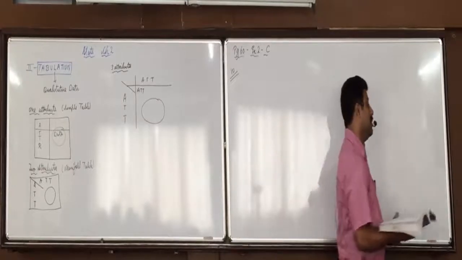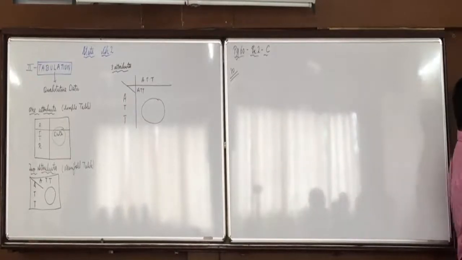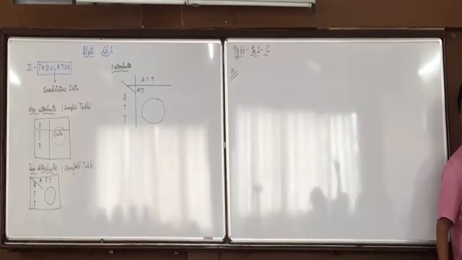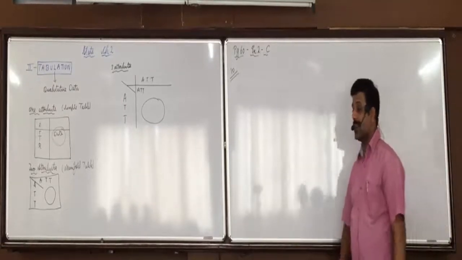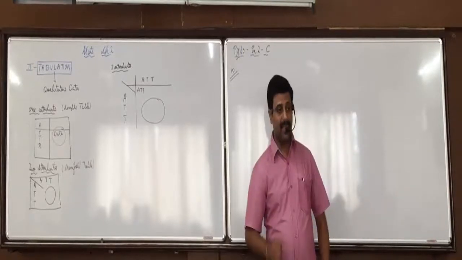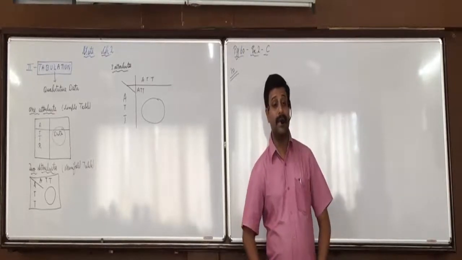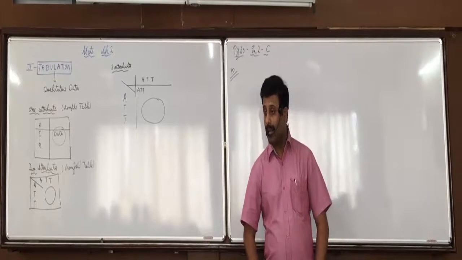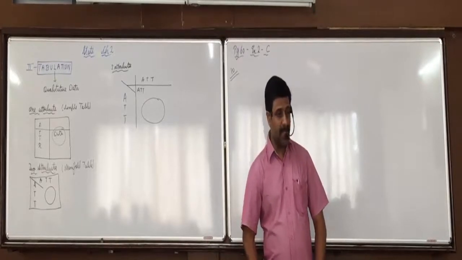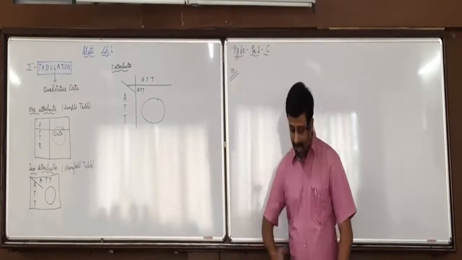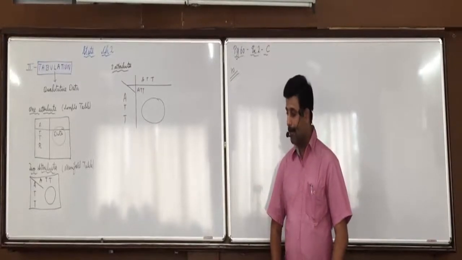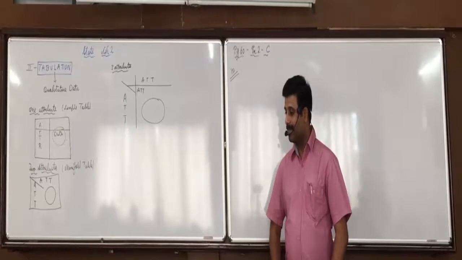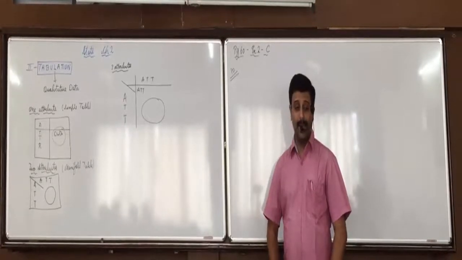In 1 year, there are how many weeks? Dhruvi? 52 weeks. In 1 year, there are 52 weeks. In 1 year, there are how many days? 365 if it's a non-leap year, and if it's a leap year, 366. Take out the calculators. Who all don't have a calculator, stand up?